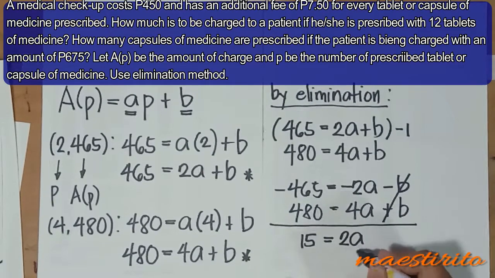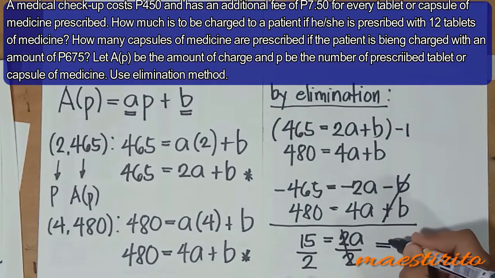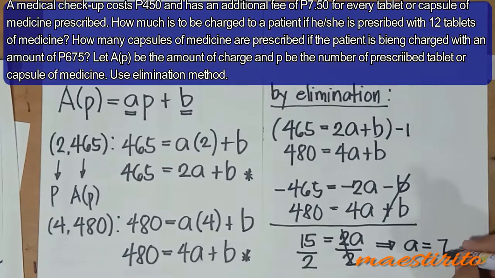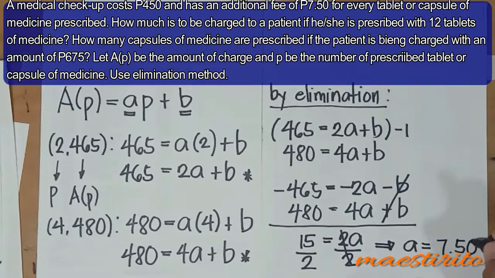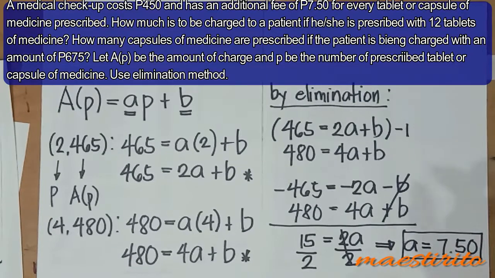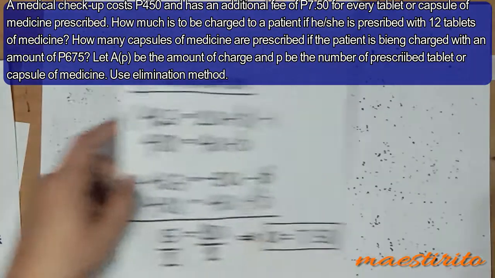So to solve for A, divide both sides by 2. Therefore, A is equivalent to 7.50. So I now have my A using elimination. Okay, to solve for B,